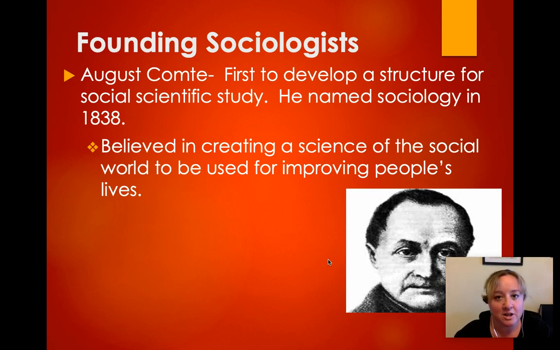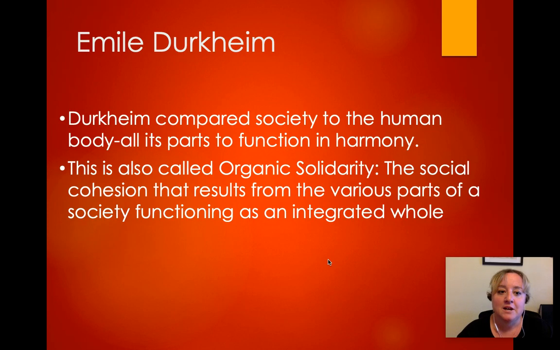So if you ever are in a trivia night and somebody says, hey, who's the founding father of sociology? It's Auguste Comte, 1838, named sociology, wanted to come up with a way to understand the social world in the same way that people were understanding the scientific world, so like chemistry and physics and all of that. He wanted to do the same thing, but he wanted to do it through understanding behavior, why people behave the way they do. Emile Durkheim,